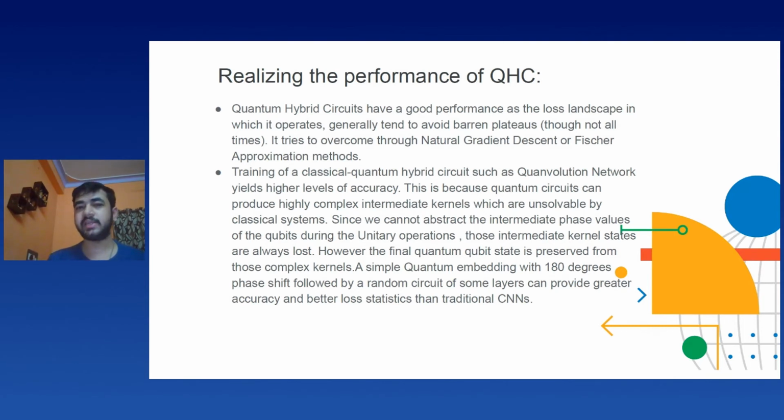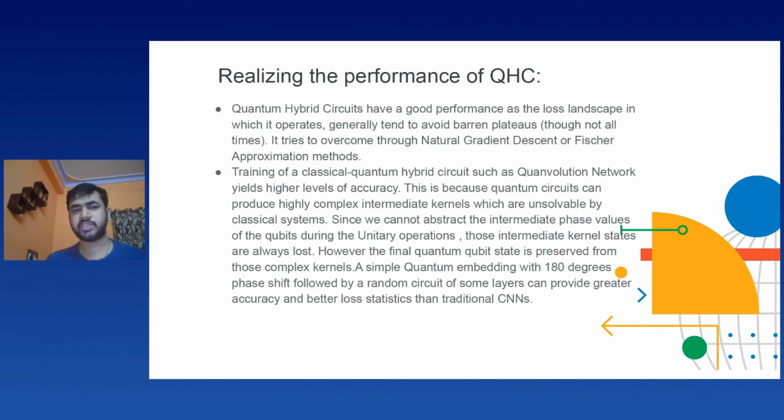So there are certain techniques to avoid these problems, and one of the most popular is to increase the layers. Layer-wise, we increase the depth of the quantum circuit, and we train the first part of the circuit and keep the remaining part frozen, or we keep the first part frozen and keep the remaining part trainable. This kind of layer-wise increase of depth tries to alleviate the barren plateau mechanism. And again, there are different kinds of methods like Nesterov, or natural gradient descent, or Fisher approximation.